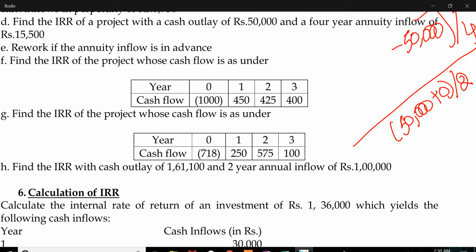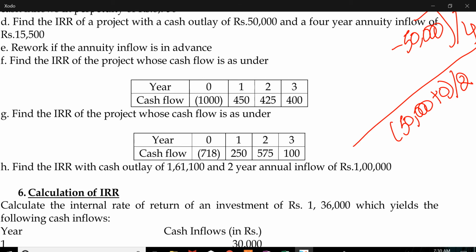Again, it's multiple cash flows which are given in the question. Year 0, year 1, year 2, year 3. 3 years cash flows are given. Can you in the calculator do it and let me know what is the guess rate? In the calculator, guess rate. You'll have to add all of that. Last time we used to multiply, now no multiplication. 450 plus 425 plus 400 minus what? Minus 1000 divided by,